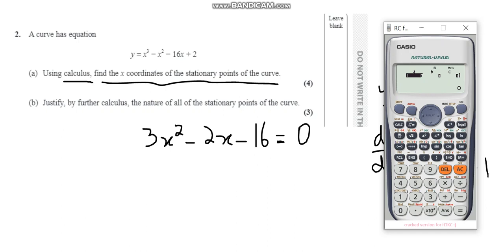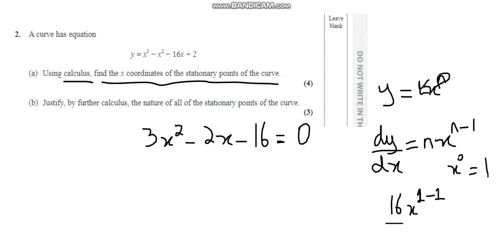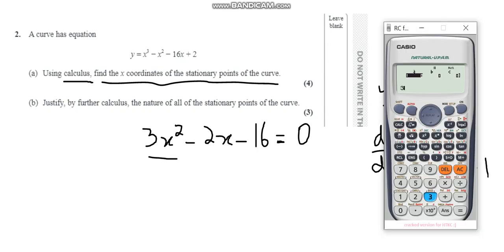I have some alphabets here, A, B, C. So my A is the first function, which will be this one. There you go. And just write it down, just plug it in. There you go. Just press equal. That is it. A is 3, B is minus 2. Guys, remember the sign. We have to enter the sign as well. And our C is minus 16.